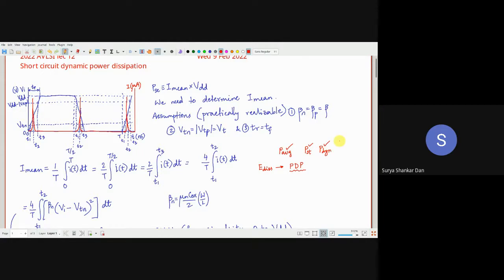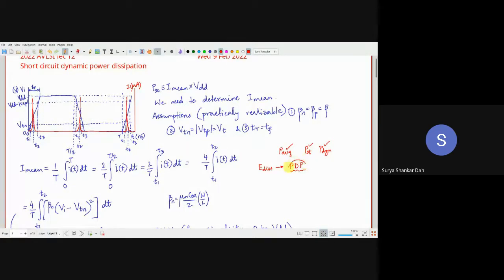But I have noticed many of the conference papers, they will simply minimize the dynamic power and they'll publish a paper. But if you want to do a very good paper, very good journal, for example, quite honestly, I'm not interested in conferences. This time also, our Hari Prasad is going to present one paper in VLSI Design Conference. Every year we go, but I'm not interested. Journals are much more intricate and much more rigorous.